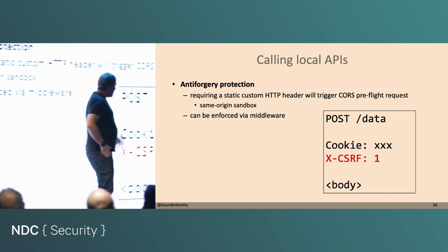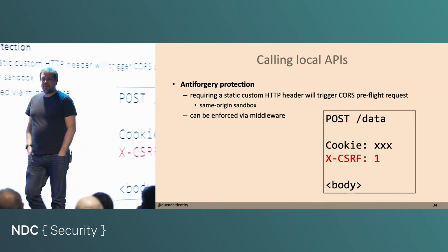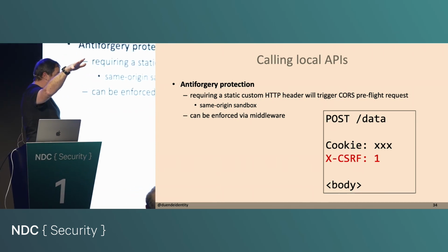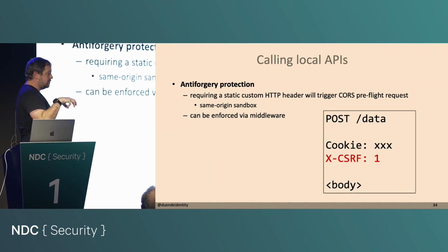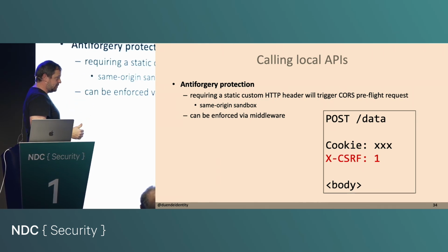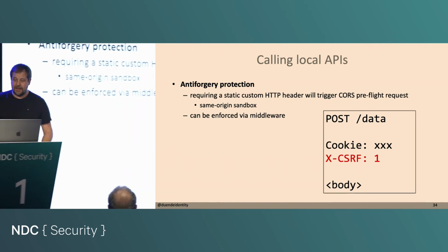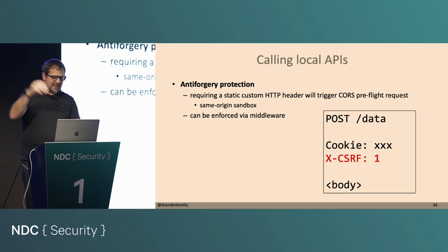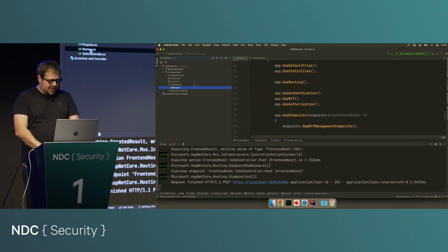Anyways, it turns out that by just adding a static custom header to your AJAX calls and enforcing them on the server side, you're automatically getting a single origin, like a same origin sandbox. Okay? So that's what we do. And with all of these frameworks, you can just write some handler that automatically adds that header on outgoing calls. And if you want to see it on the server side,